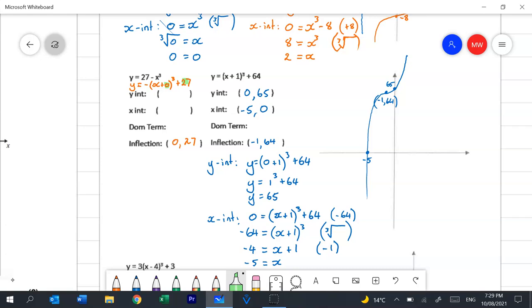And then we go about finding out our y-intercept and our x-intercepts the same way. So we can say, oh, and I forgot in the first question that my dominant term, of course, was x cubed. In this one, it will also be x cubed, but this is a negative x cubed. Okay, so